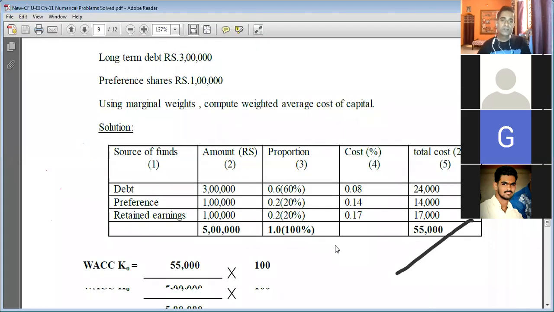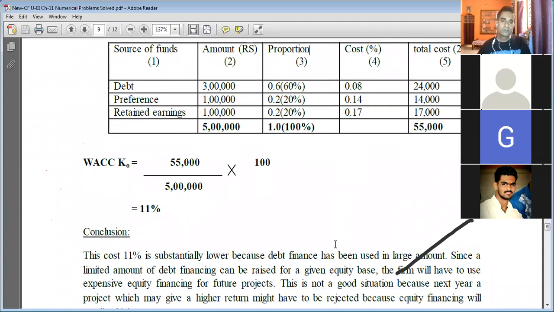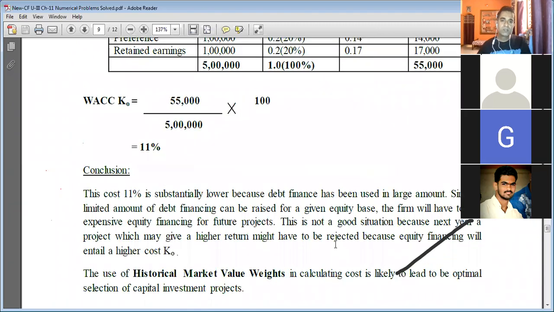Any other question? For knowledge's sake, there are two learnings you need to remember. Use of debt finance in a larger amount reduces the weighted average cost of capital. But beyond a limit, if excessive debt finance is used, it increases the financial risk of the firm. Hence, an investor will not be interested in purchasing securities of a firm whose financial risk is very high. So there will be a drop in the market prices of the securities of that company. Hence, it cannot maximize shareholders' wealth.